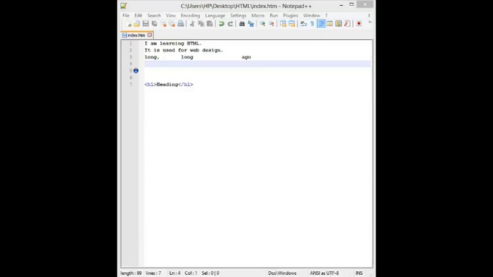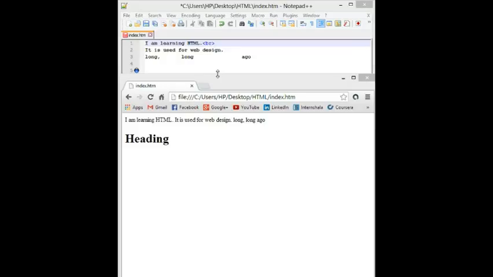The tags added around content are referred to as the markup, and it is important to note that an element consists of both the content and its markup, and the markup is the start tag and end tag. Not all elements have content, however. Some are empty by definition, such as the line break tag, which is BR. So if I add the BR tag here,